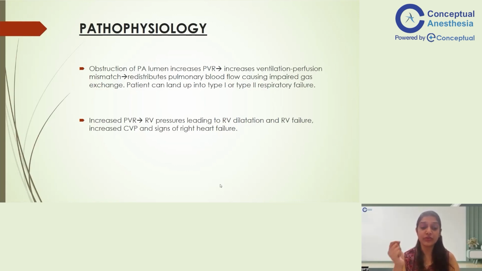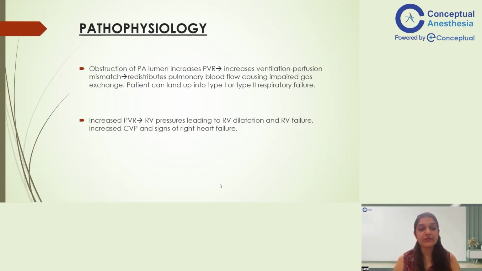That is why if you draw an ABG sample of this patient at that point of time, you may not find high CO2 levels. But once the patient goes into fatigue, the tachypnea subsides and CO2 retention starts to happen, and then the type 2 respiratory failure starts. So this is what happens with the lung. Initially we'll get a presentation of hypoxemia, desaturation, which will progress to hypercarbia.